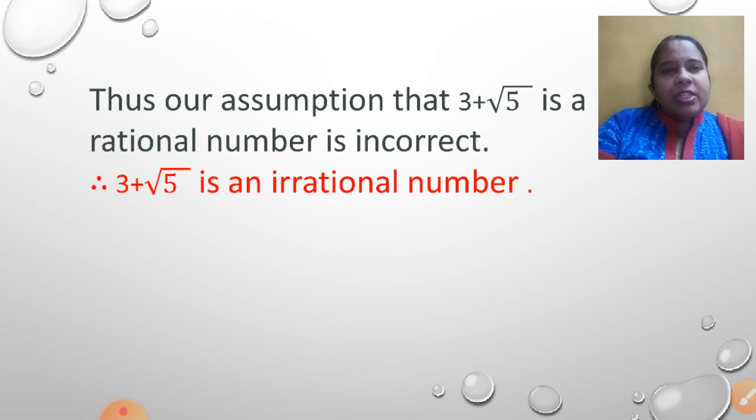Okay. So, these two types are exactly same type. What are the basic steps? First step, assume that it is rational. Equate it to P upon Q. Then solve, compare LHS and RHS, and it will contradict, and then you conclude the final answer. So these are the steps to be followed for this type of question, right?